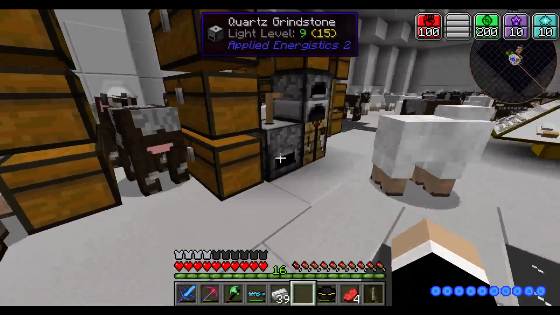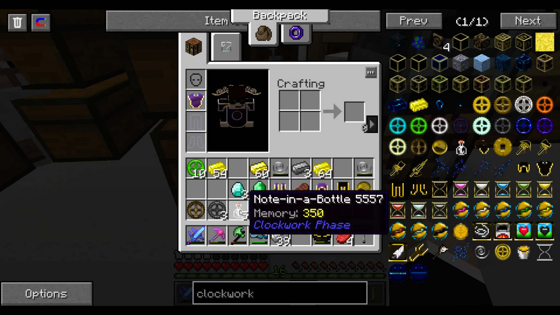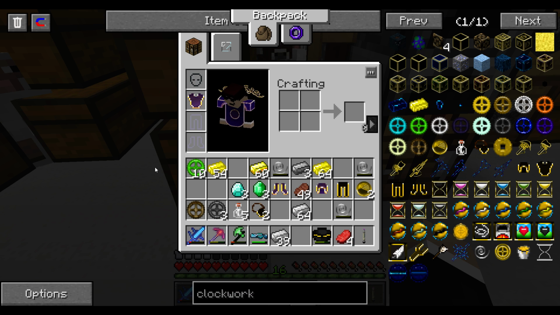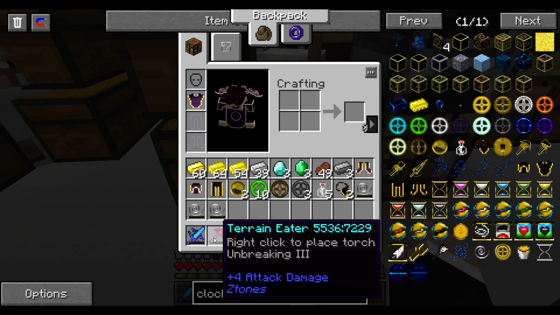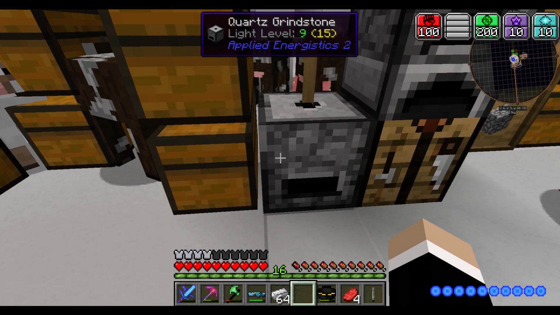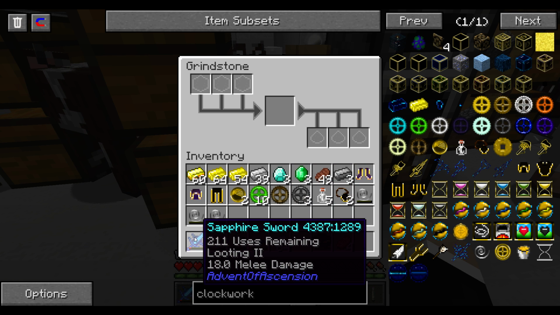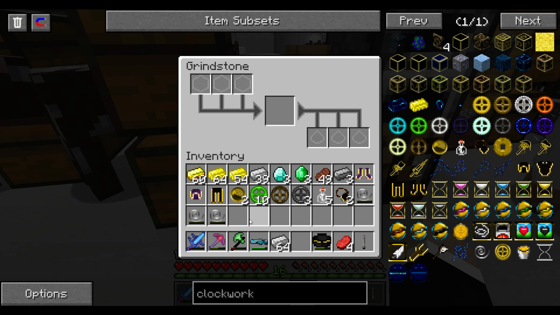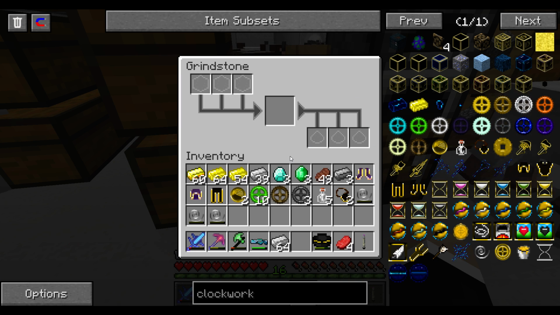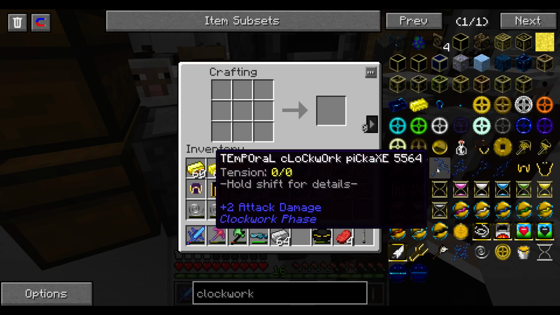So another thing that was really nice is a pick. We don't necessarily need a pick because we've got this amazing terrain eater, and it is doing a great job. I think it's not craftable. I haven't been able to find a recipe for it, so it's just something you have to pick up when you go. Our sword is running almost all the way out, though, so let's go ahead and see if we can make a sword. So if we go to Clockwork Sword and his stick, framework,